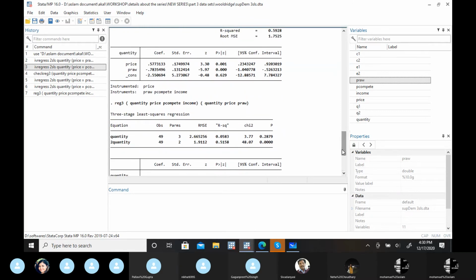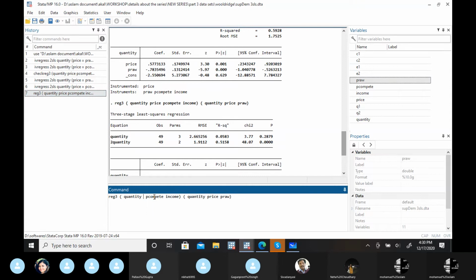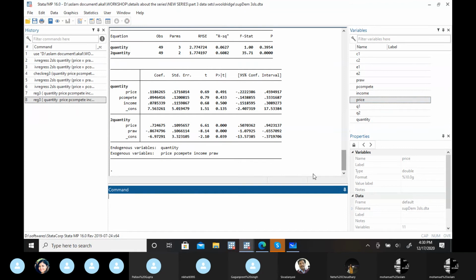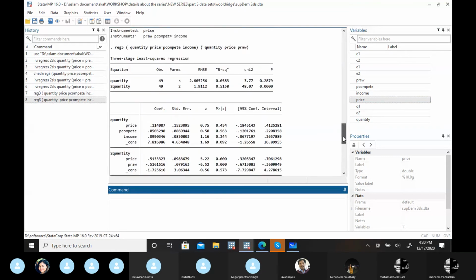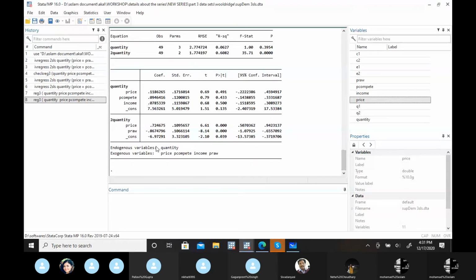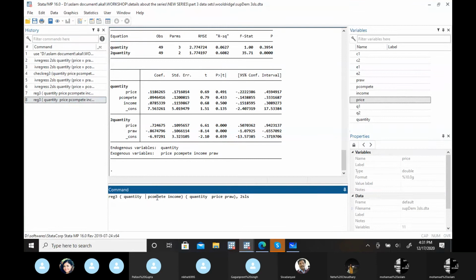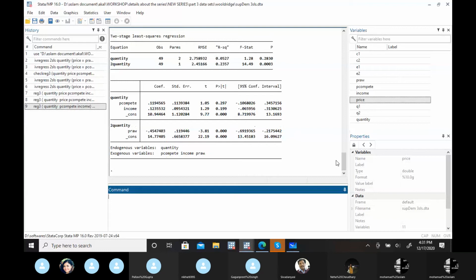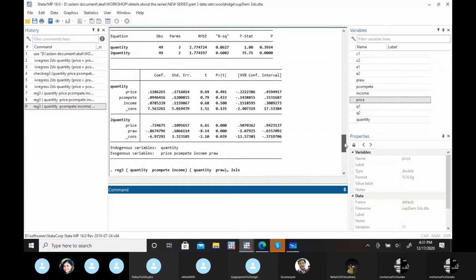Price I have to let's exclude this price variable because it's an endogenous variable. 2SLS. Yes. Now you will get this difference in these two commands,